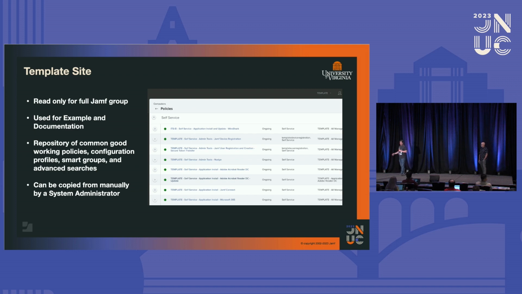So getting this template site set up is kind of the crux of what helped the API actually work. And the main thing is the naming convention. Keeping the naming convention straight is what the API uses to read through it and figure out what is what and what